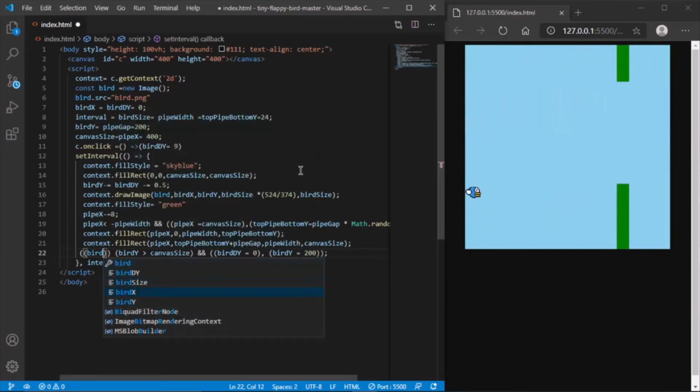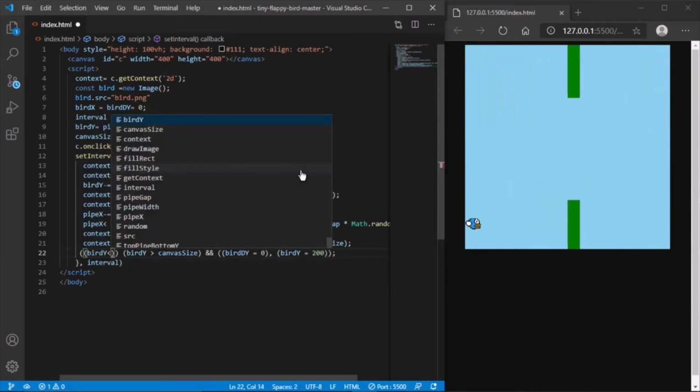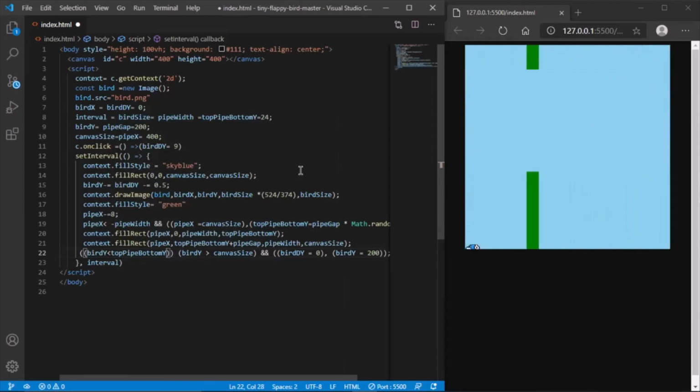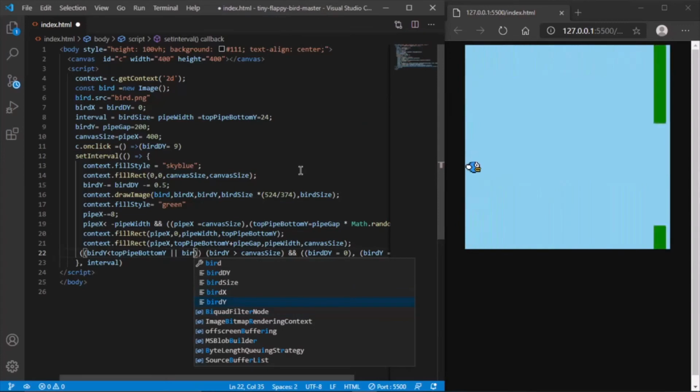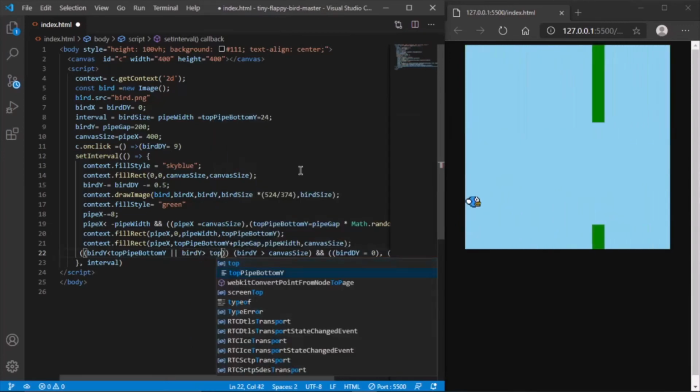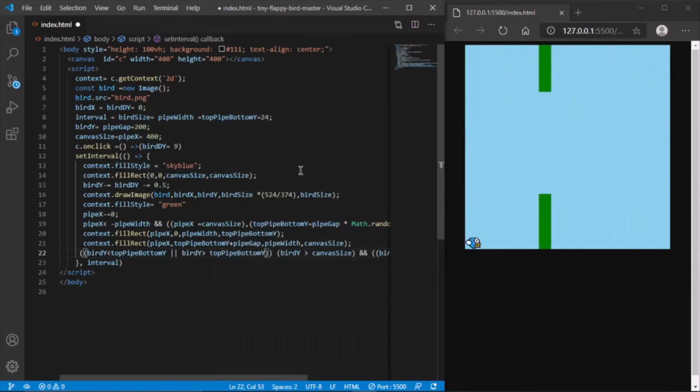So over here I'm saying if bird y is greater than top pipe bottom y, or bird y is lesser than top pipe bottom y plus pipe gap. Yeah, if this condition is fulfilled, then